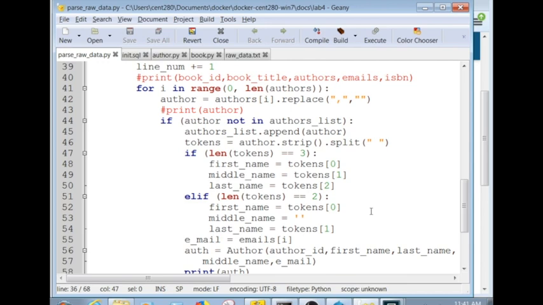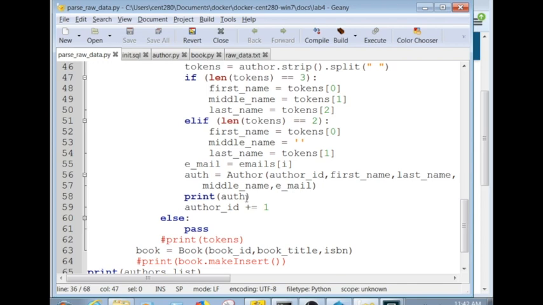Okay, so let's continue. What I'd like to do is be able to write the insert statement for inserting an author. And the change for that is actually pretty easy. Instead of printing auth, I go auth.makeInsert. So I call that function instead of just printing out the auth object. And if I run it,